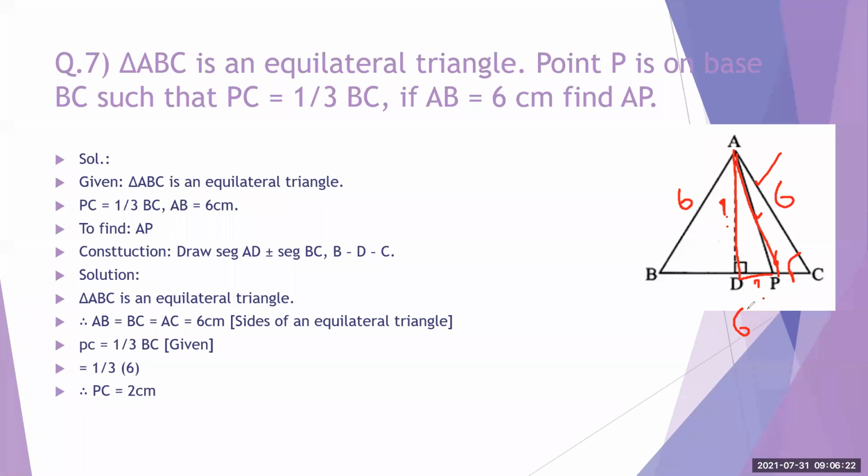DP कैसे find out किया हमने? पहले तो पूरा DC find out कर लिया. We have found out the full DC. फिर आपके पास BC था. You have the value of PC and DP is nothing but DC minus PC, से आपको DP भी मिल गया. And then we have used this triangle, that is triangle ADP, to find the value of E. Yes, everyone clear with this one? It was a very very easy question. सिर्फ आपको कब कहाँ क्या use करना है वो देखना है. Okay, so in this way, we have found out the measurement of EP.